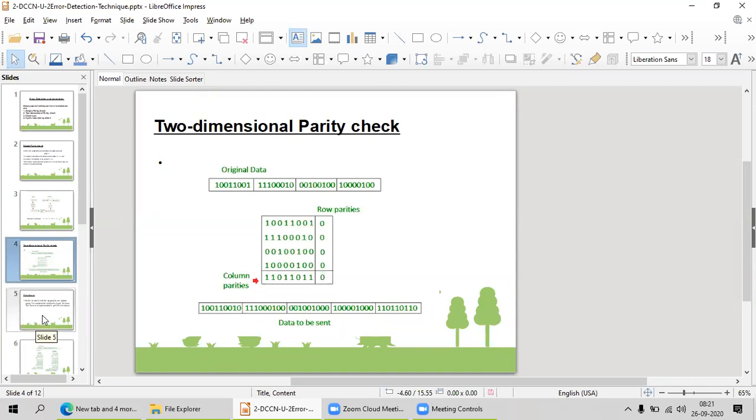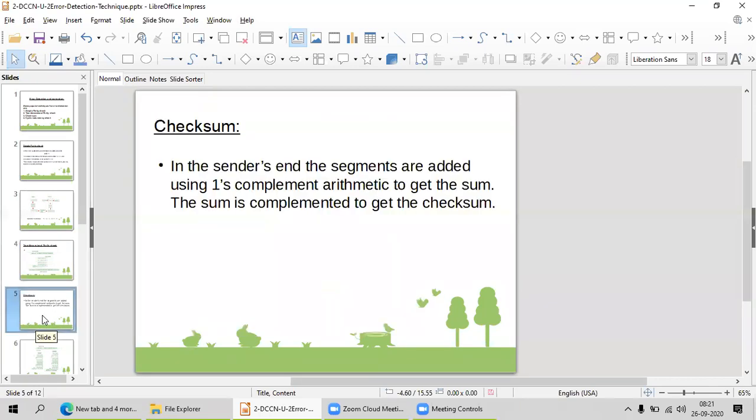Now in checksum I am going to use one's complement arithmetic to get the sum. Okay, one's complement arithmetic to get the sum.